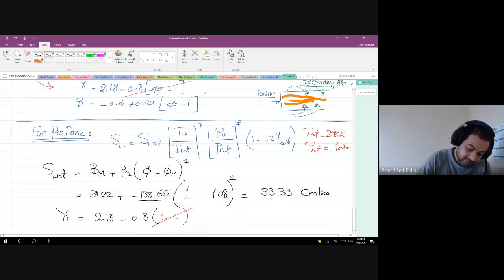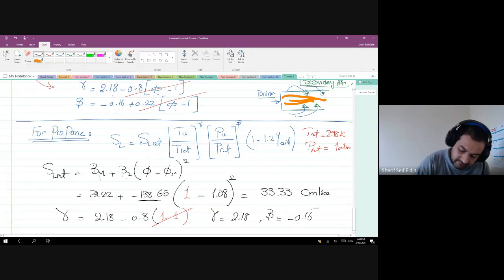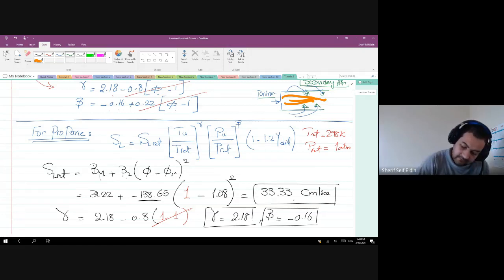Alpha and beta are going to be the first term of each one because phi is stoichiometric, right? So based on that, alpha is going to be 2.18 and beta is going to be minus 0.16. And if we take all of those things and substitute here,